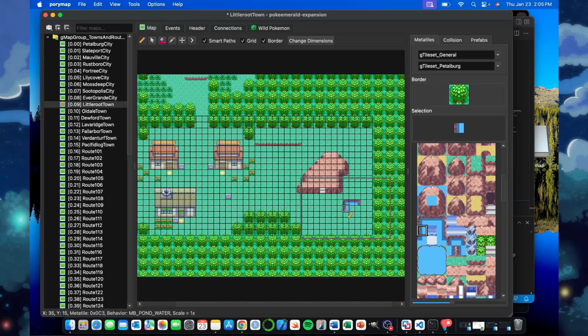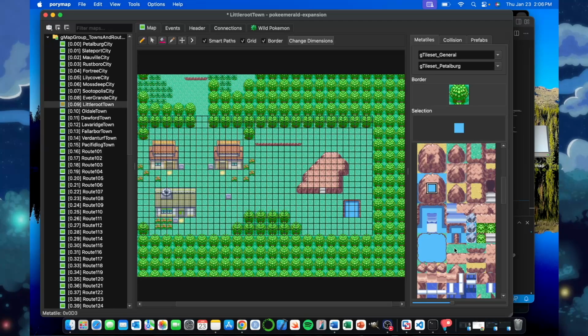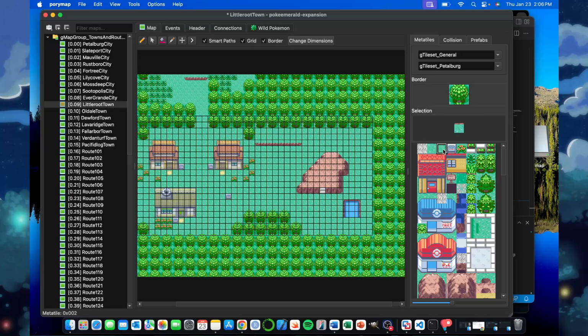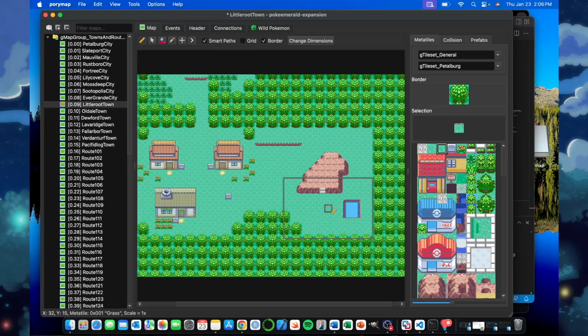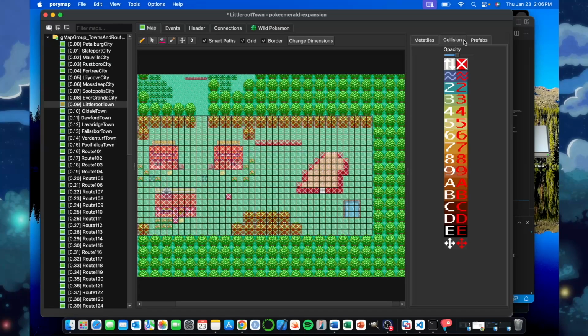Here's an edge here. Let's make it one more down. We'll do 2 edges there. The middle of the water's here. And then, let's see, how do we do it? It should be this tile up at the top closes off. So if we turn off the grid and look, hey, it just looks like a little pond. I'm going to turn the grid back on, and we're going to go to our collision, and we're going to